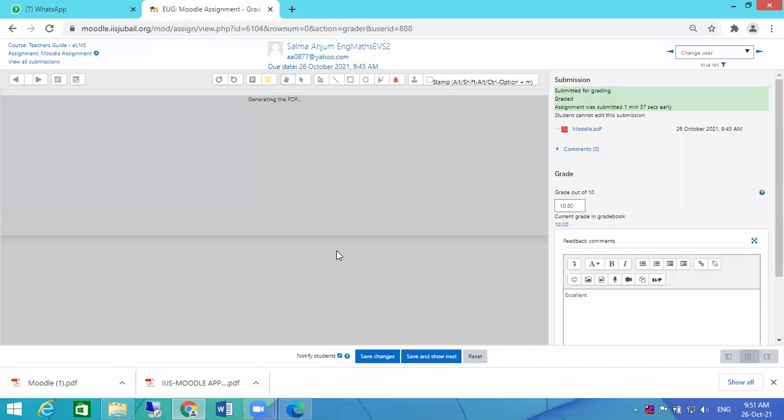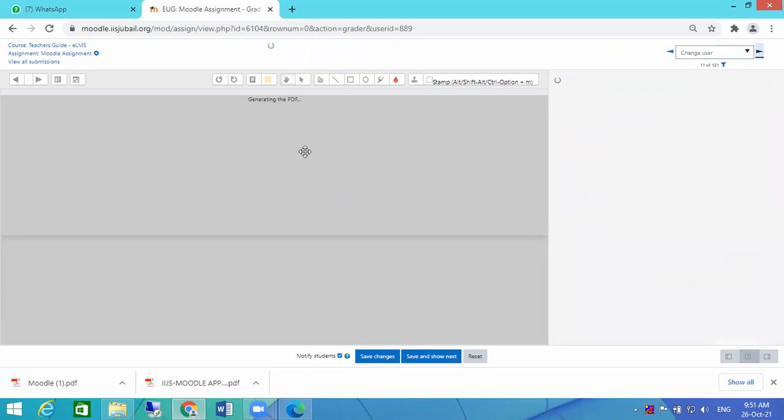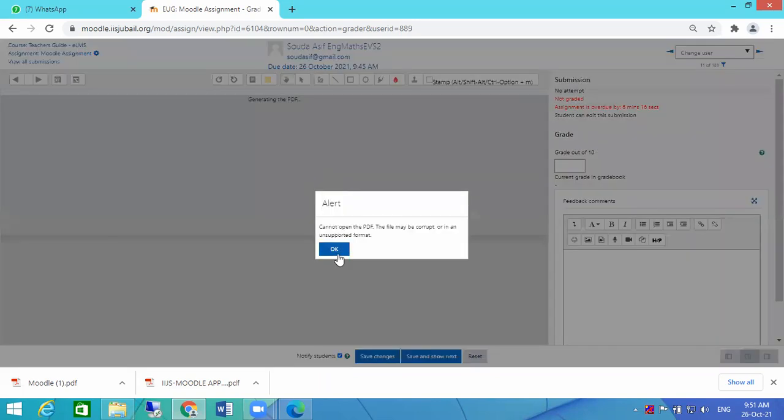Sir, why was it showing that the file can't be downloaded or viewed? Which one, madam? Before, when you are moving to another student, it just pops up as an alert. Okay, let me see. This one here. Yes, this alert. Can't open the PDF here, there is an option, it's not getting enabled. I checked a lot of things, but still it is not working.